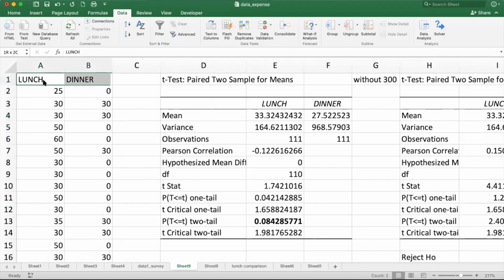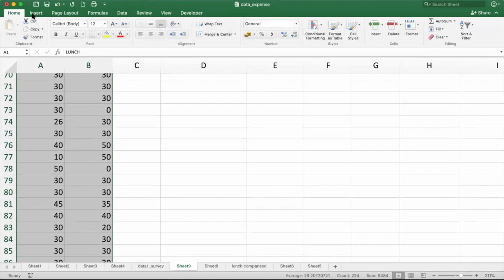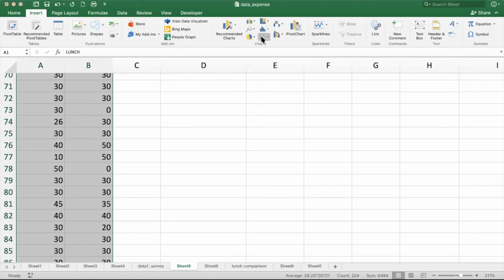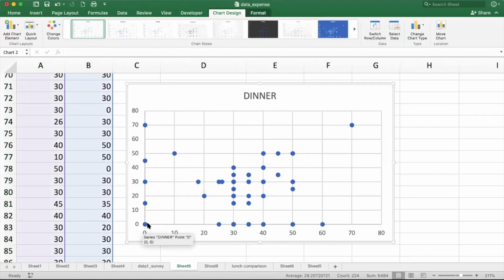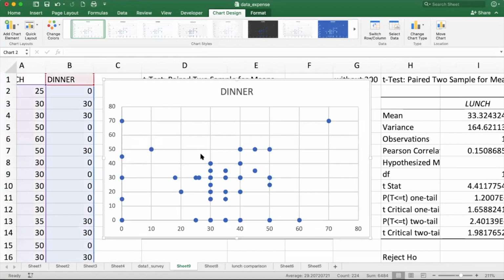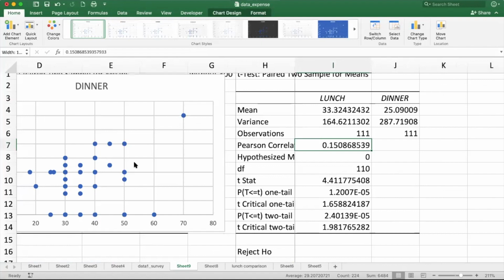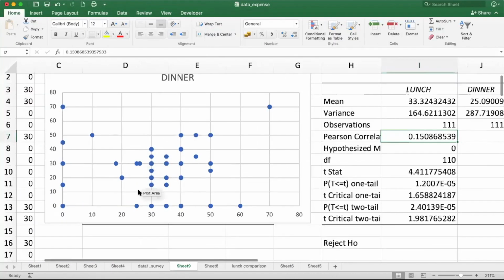Magko-correlation na ulit ako. Graph muna pala. Insert charts, scatter plot. So, eto medyo okay na. What can you see? Okay, tatanggalin ko itong maling t-test. So, kung titignan natin yung Pearson correlation, tumaas ng konti. At parang may pattern naman siya. Positive, pero medyo mababa. Malapit pa rin siya sa 0. So, kung titignan nyo, merong positive. Ito, dito kasi